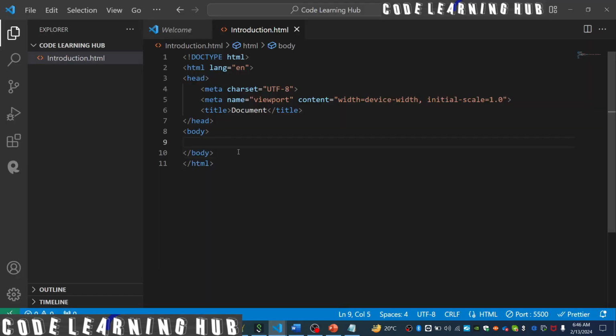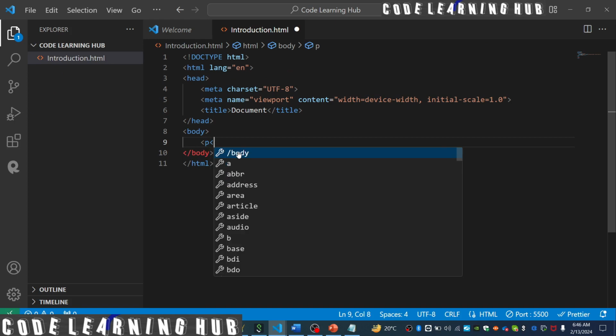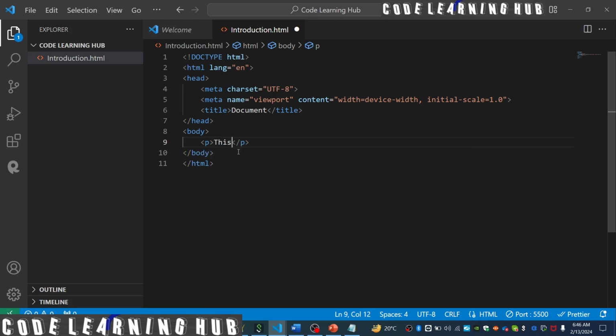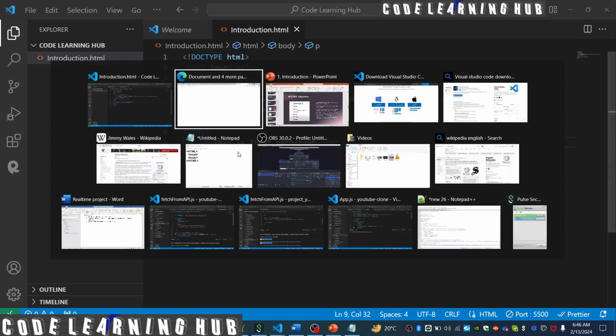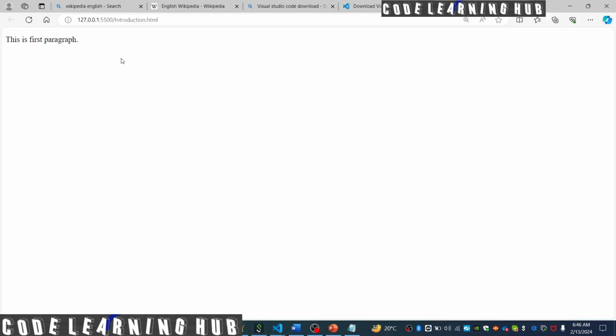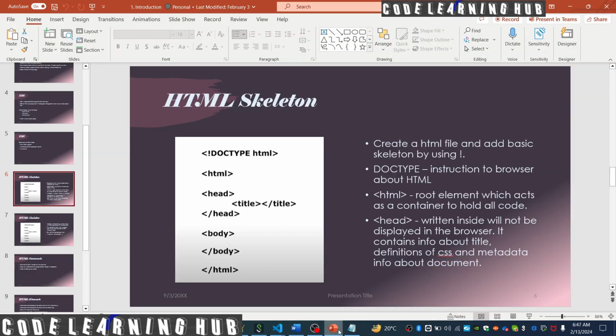And let me just add one paragraph element here. This is first paragraph. Okay, so once you save it, you see this is going to get reflected automatically. Let's look at the HTML skeleton. Yeah, so this doctype element is an instruction to the browser that it is an HTML file, and then